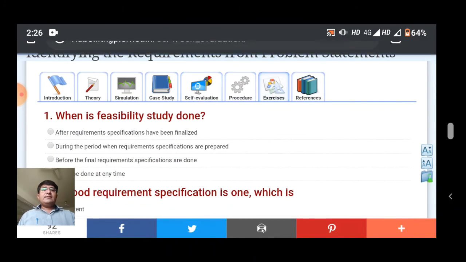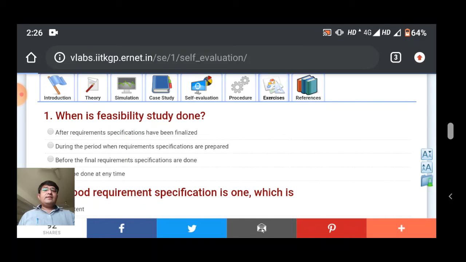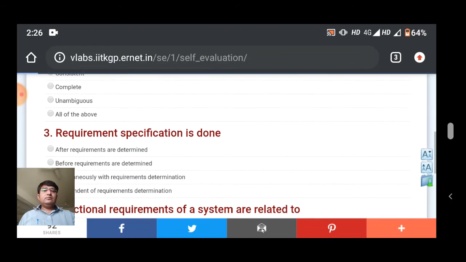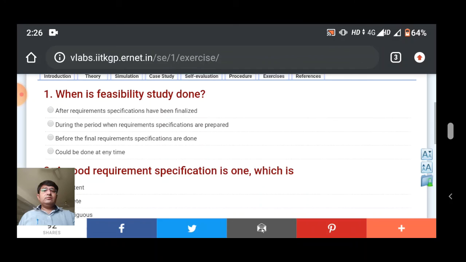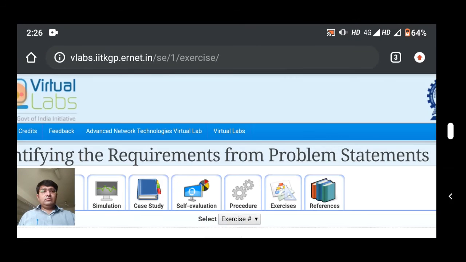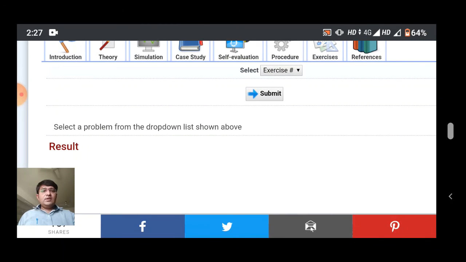Then in the exercise tab you will find the exercises related to requirement specification. So this is the exercise.